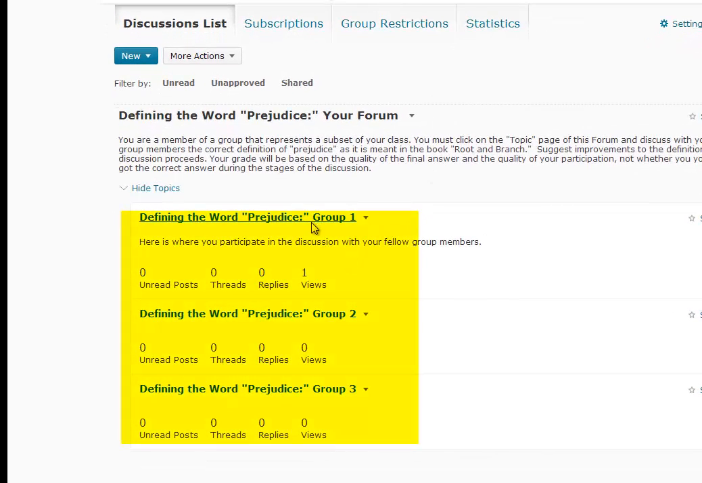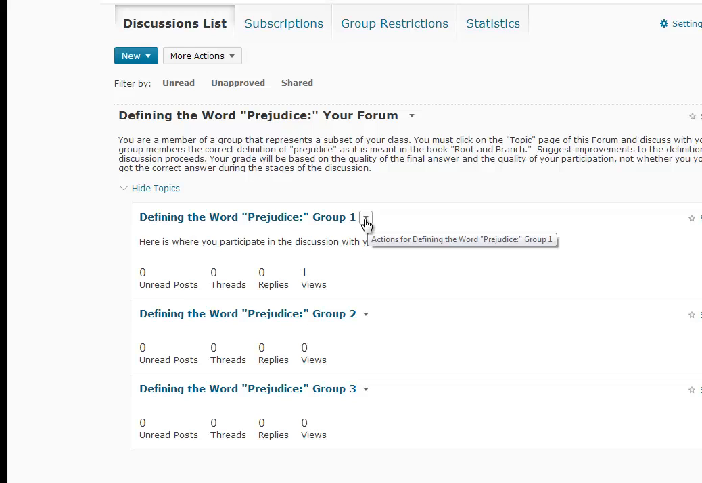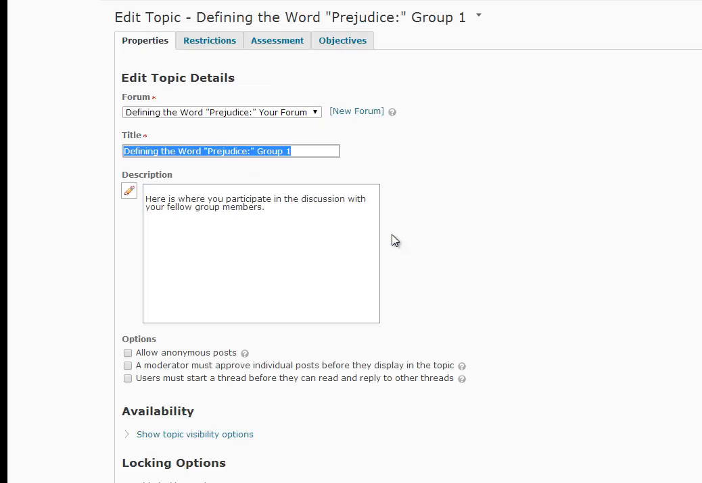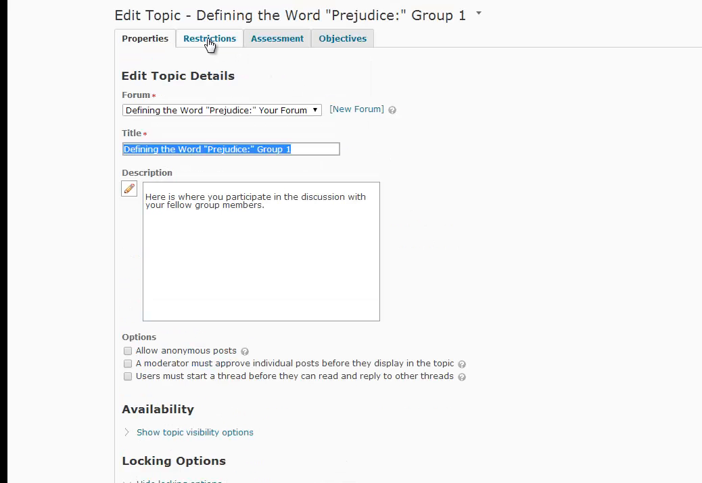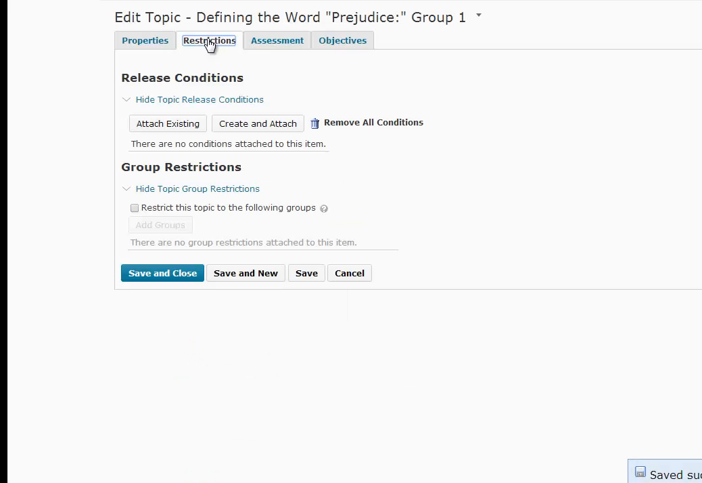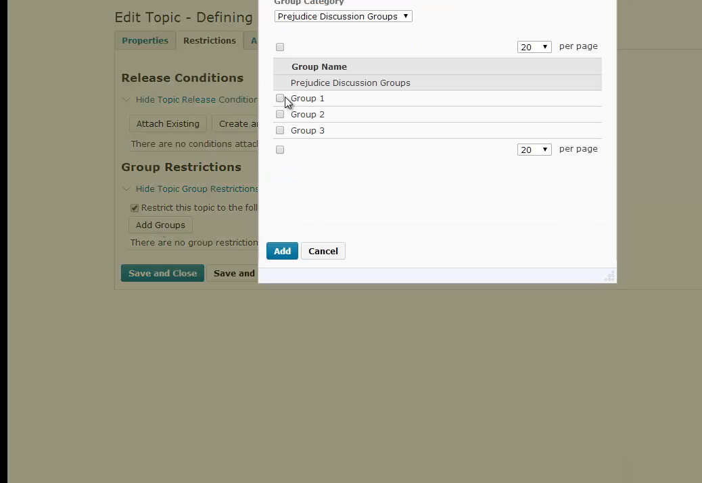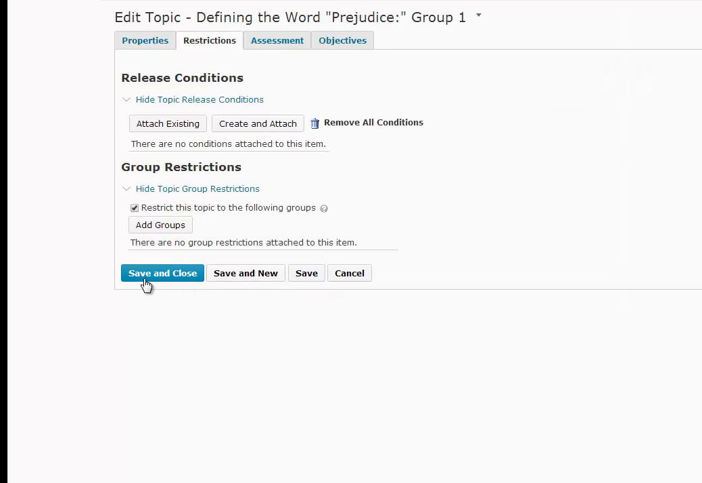As you can see, I've already set up the boards, group 1, group 2, group 3. But you have to assign the correct group to the correct discussion board. So you click on edit topic and you click on restrictions and you say restrict this topic to the following groups, and you click on add group and you would click on group 1. Group 1 would be assigned to the first discussion board,